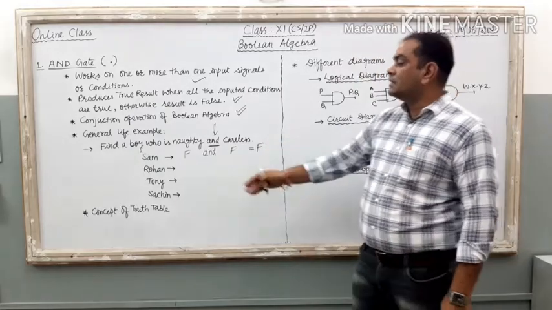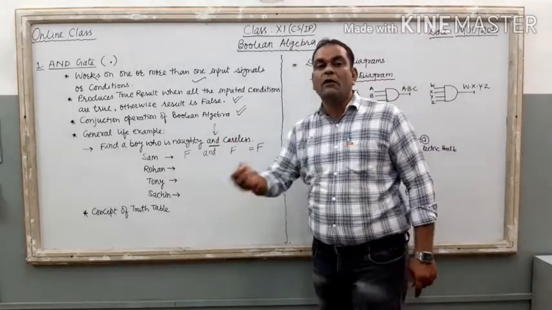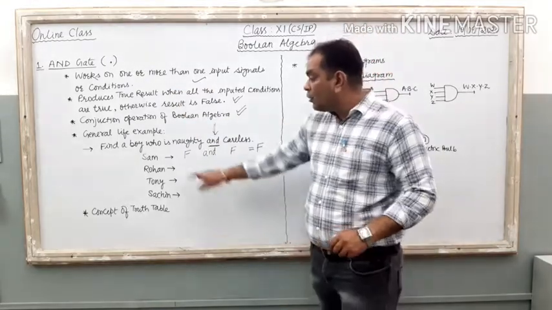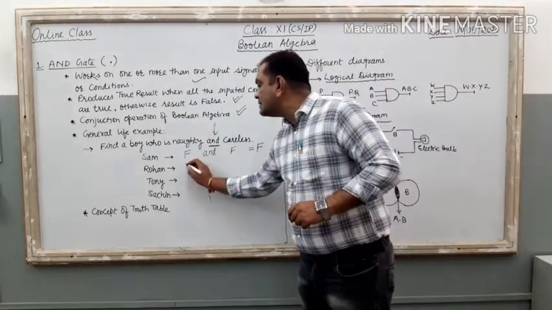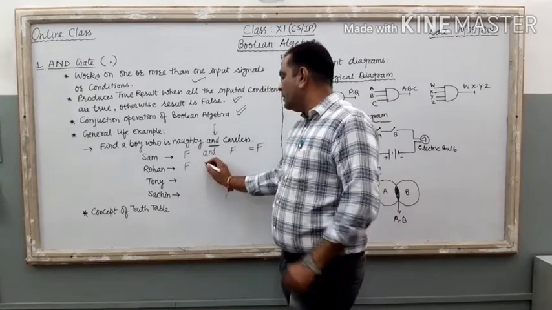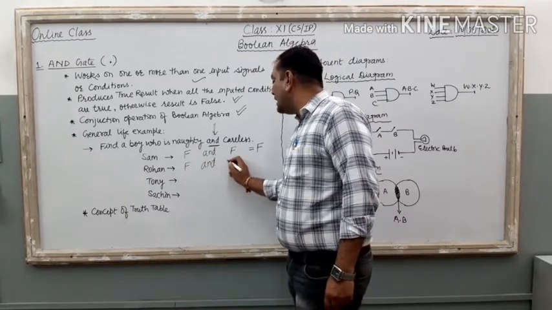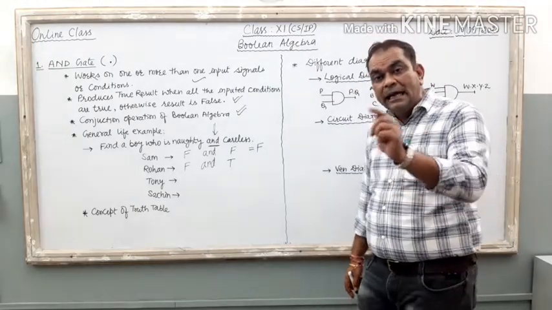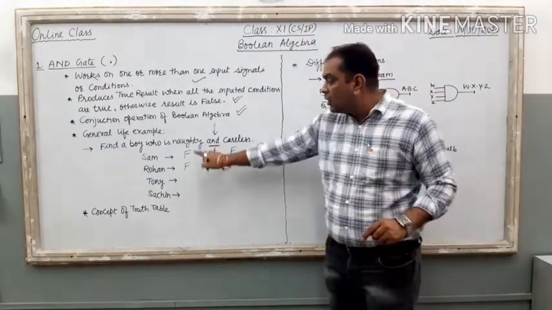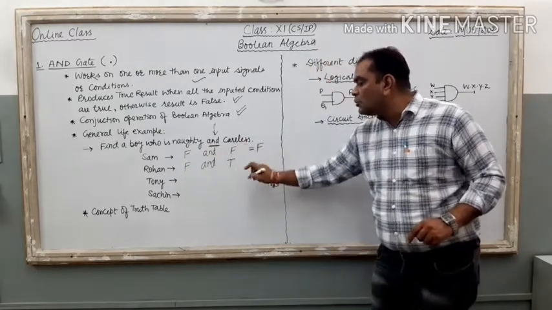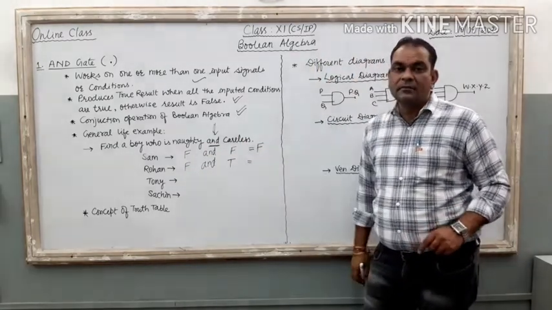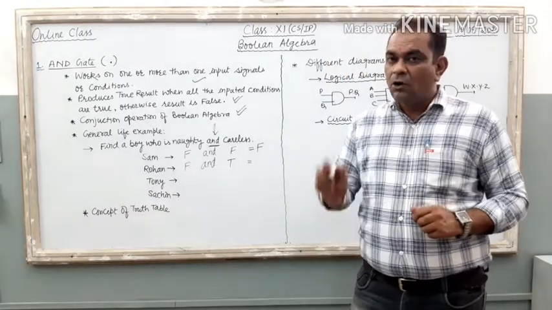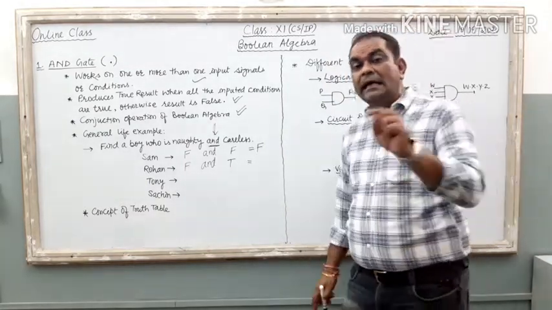Right? Now check these two conditions on Rohan. Rohan, one more student, another student out of these 50. Rohan is not a naughty boy, but he is careless. So naughty false, careless true. Now tell me, can you filter Rohan or not? Rohan is not a naughty boy, but he is careless.